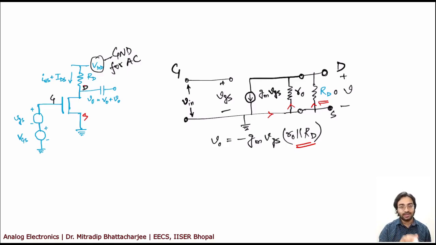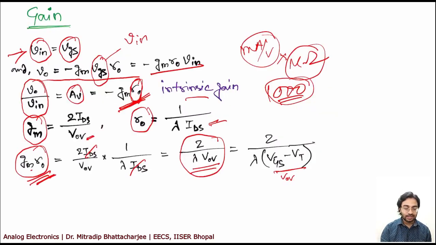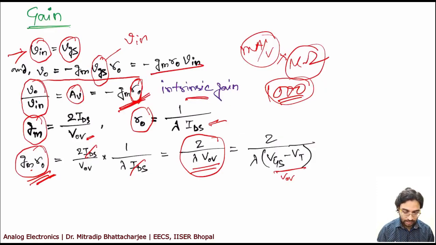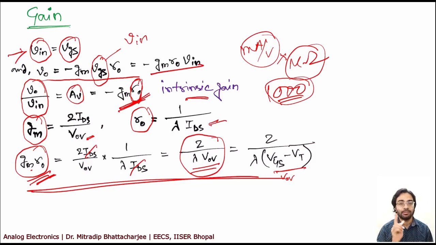So that's why I said that the intrinsic gain is not equal to the gain that we get, because this RD is up to you, which value you are going to put. This is outside the IC, right? So that is why I just mentioned it. I just wanted to tell you. However, this is the intrinsic gain equation that you remember, but keep in your mind there might be trick questions.